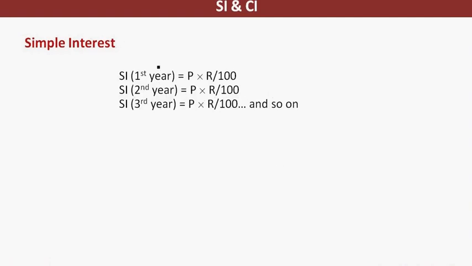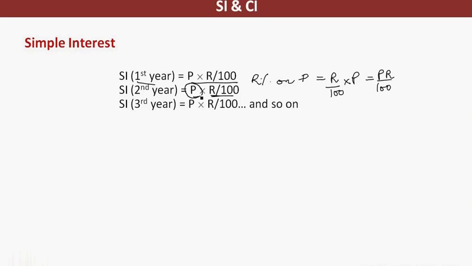Let's understand simple interest in a better way. So if I say simple interest for the first year, I'm talking about the first year. I'm getting an R% rate. The rate is always on the initial principal that I've started with. So if I just calculate it, the rate is converted into a fraction and multiplied with P. What is the interest for the first year? It will be written as PR by 100.